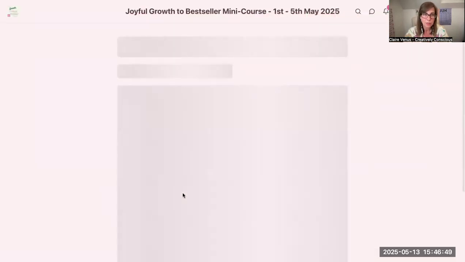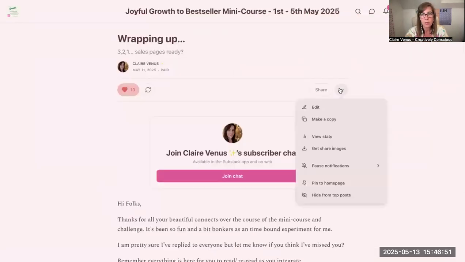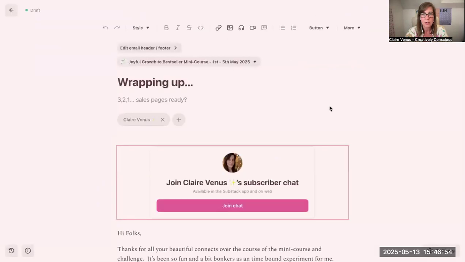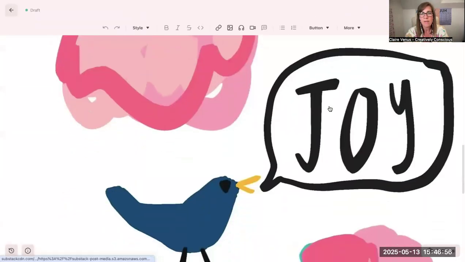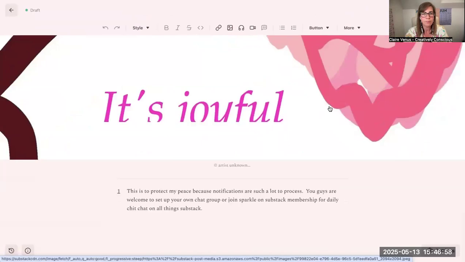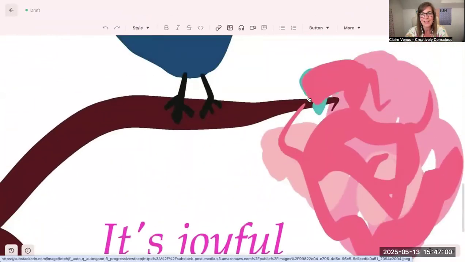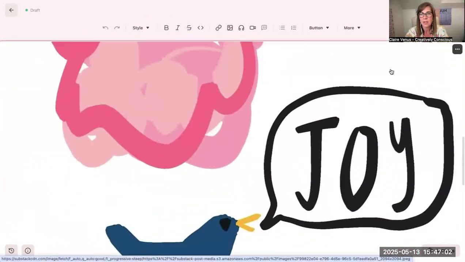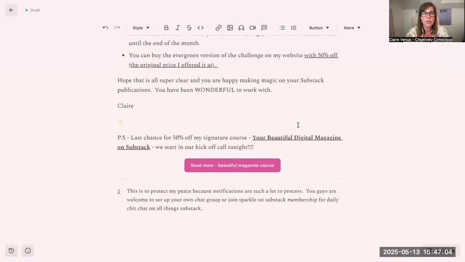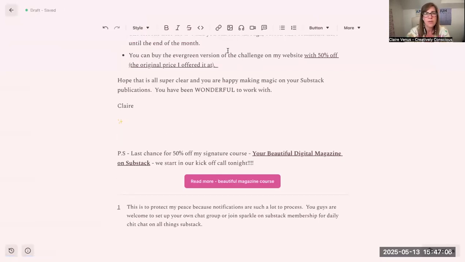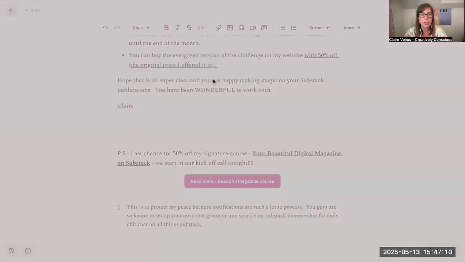So let's take this one, which is our wrapping up post, and we'll just go to the three dots to edit so I can show you guys. This one I've actually pulled through and I've been messing about with already. So if I want to edit that, I'm just going to take it out and start again. If I wanted to put in my own image, I would add an image and then have a little scroll through